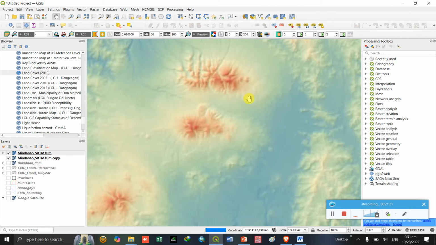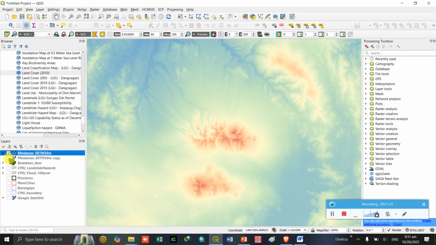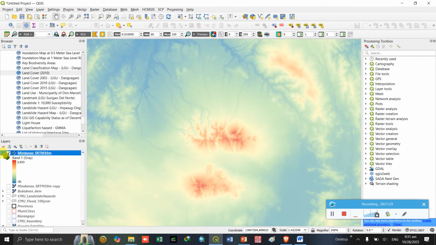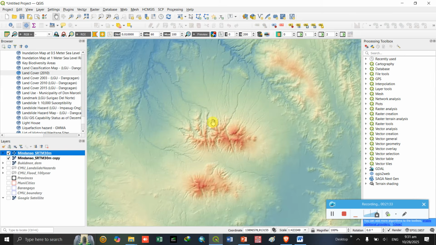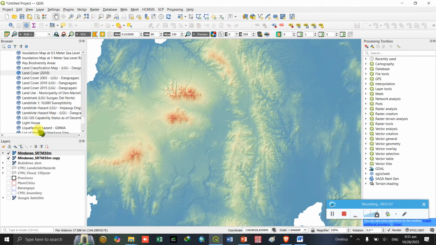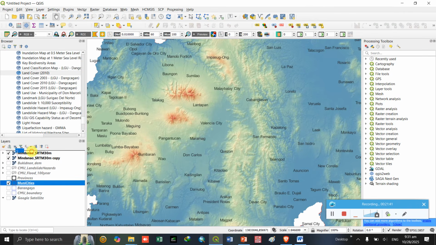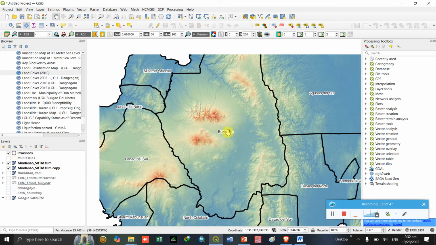Okay, so it shows the color of elevation based on the values, and of course the transparency to show the terrain effect or the hillshade. So you can have it with, say, municipalities or provinces, for your screenshots later.